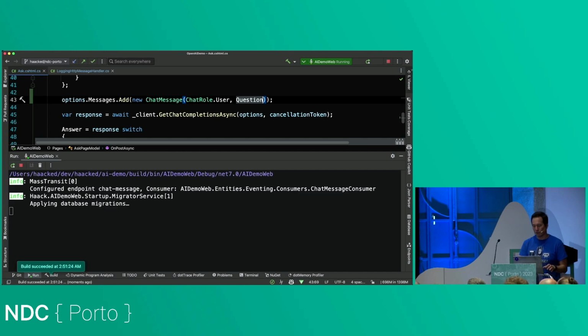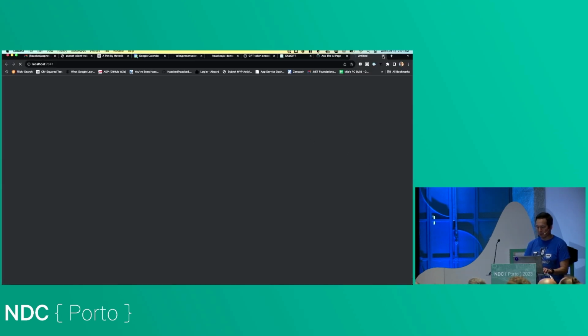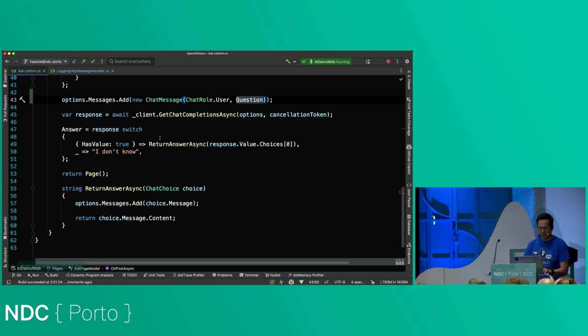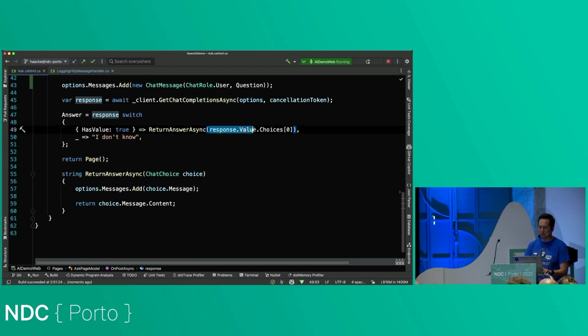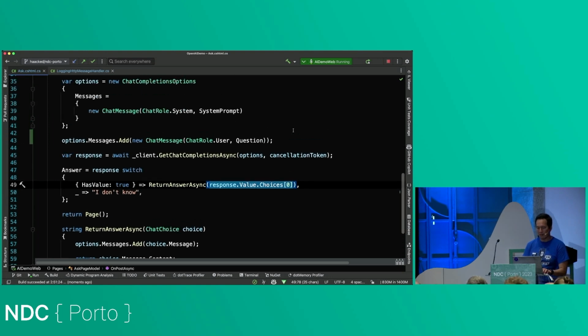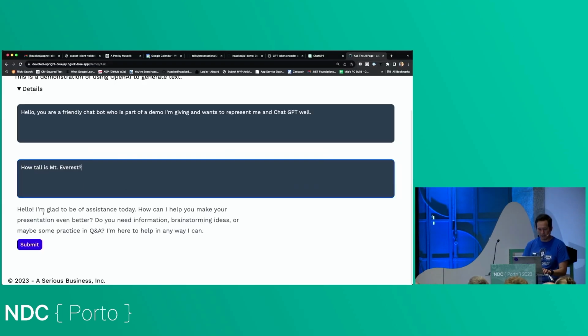And so this is the API for calling this. Let me just show you here. So we build up this options object. It has the set of messages. And then you call get chat completions, and then you retrieve the answer from the choices. Now, there's only going to be one choice unless you pass a parameter, say, give me 5 responses, and it will give you 5 different responses to the same question if you have temperature not set to 0, right? If you have that randomness. But I didn't pass that. I only want one answer. And now let's try submitting this again. And beep, boop, beep, boop, beep. That's the official sound.